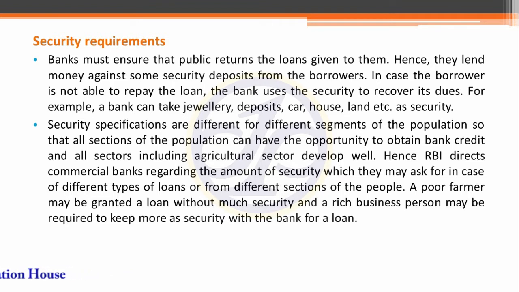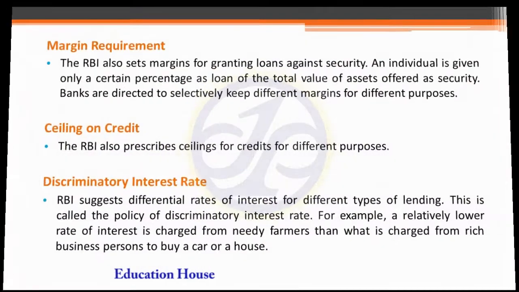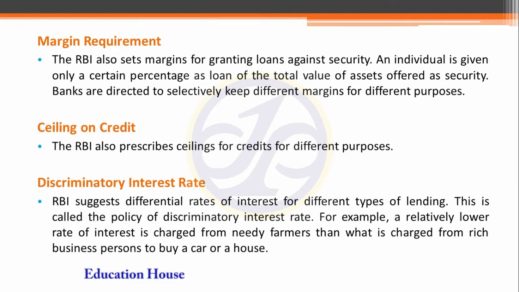If a bank does not follow this, it will create big bad debts or NPAs for the banking system, and it will create bad loans for the banks. So the economic stability of the economy cannot be maintained very well. According to the people and their level, the security requirement is different, for example for an industrialist and for the agriculture sector.